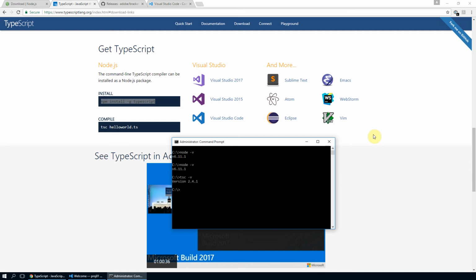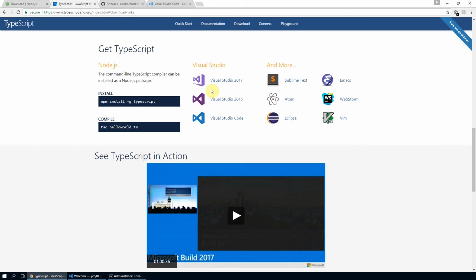Now you can see that we have got different IDEs that work perfectly fine with TypeScript, right? So you can download any one of them. If you want Visual Studio, then you can go to the Visual Studio website and download the respective installer for the same. If you want Visual Studio Code, it is available for free.